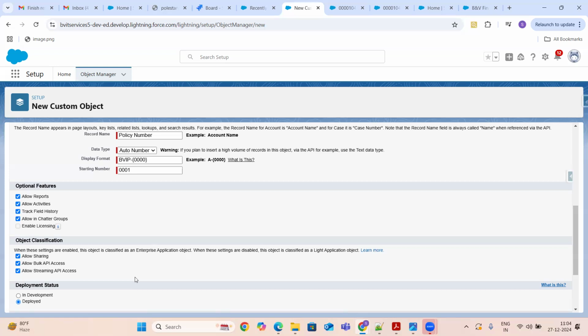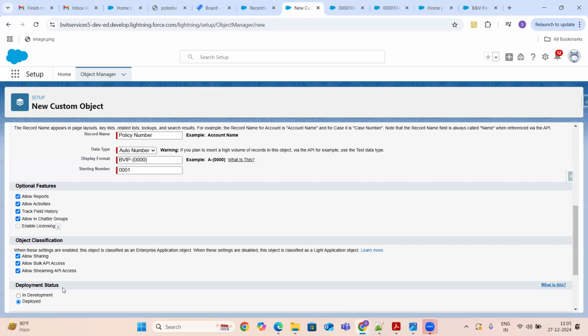I mean, only if you have a requirement to uncheck this one, like, I don't want to make this object accessible outside of this application, then there's no need to check this one. But you will not get such kind of requirements. Okay, but you need to have an idea what this is. And the last thing is the deployment status. And sorry guys, it's going to be another 5 minutes only.